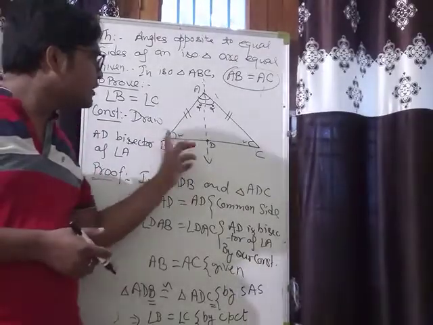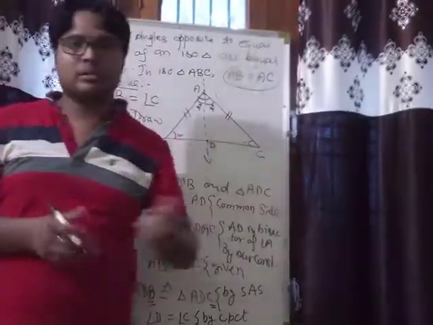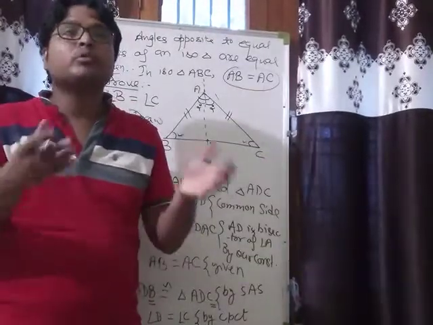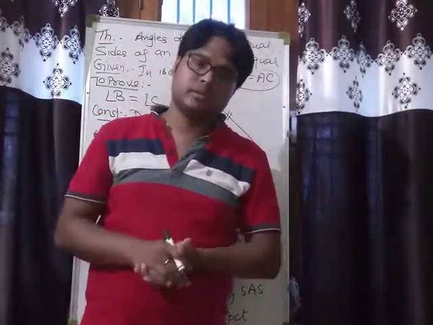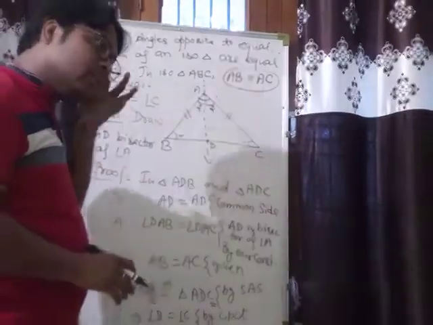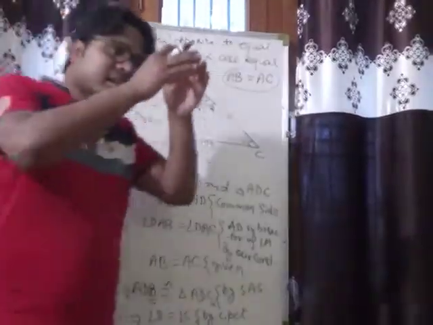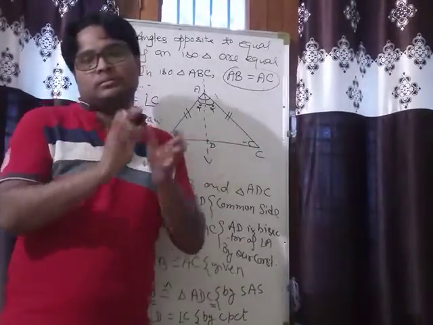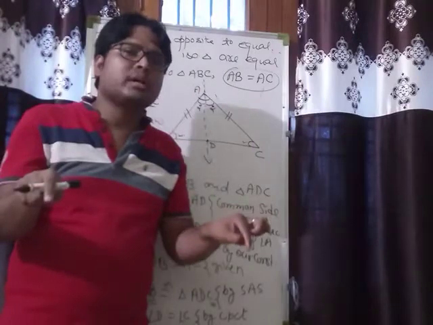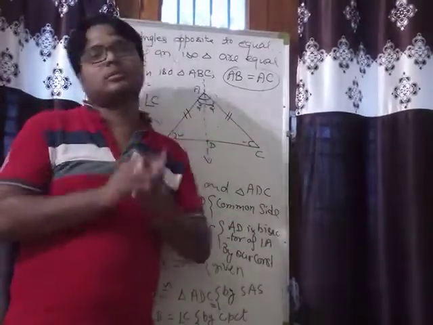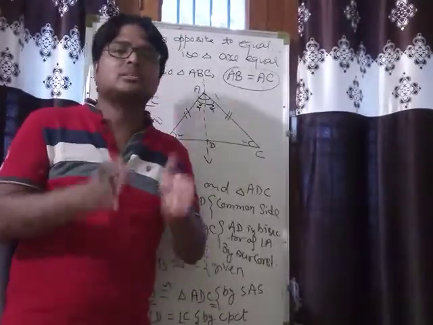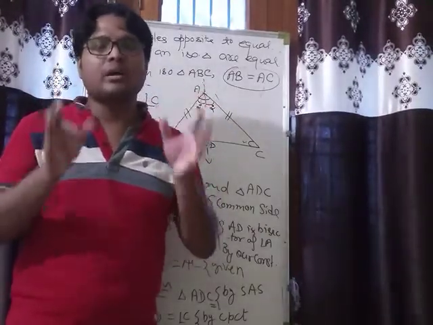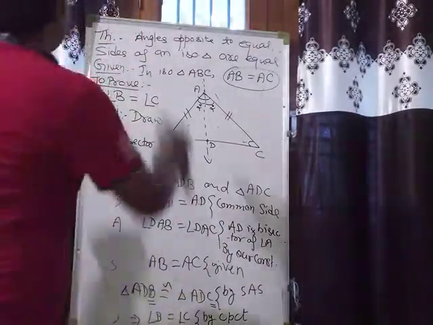और क्या प्रूव करना है कि टू उसके अपोजिट एंगल्स इक्वल. तो इसके कन्वर्स में क्या होगा? एंगल्स इक्वल हैं, आपको प्रूव करना होगा कि उनके अपोजिट साइड्स इक्वल. मींस व्हाट विल बी द कन्वर्स ऑफ दिस थ्योरम? In any triangle in which two angles are equal, sides opposite to those two angles must also be equal. Means sides opposite to equal angles of any triangle are equal. So write down the statement of the theorem.